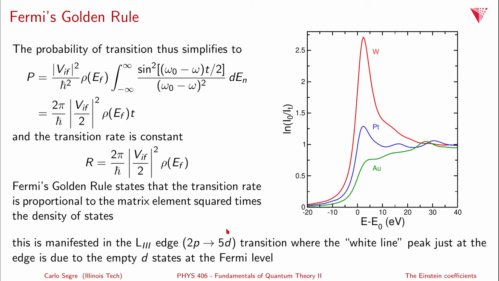Tungsten, W, is way over on the left side where you have lots of empty d states. And you can see this white line that happens at the edge jump, right at the edge of the absorption, is huge because there's a lot of states in here that this electron from the 2p level can go into. And so therefore, because you're proportional to the density of states at that energy, you get this huge